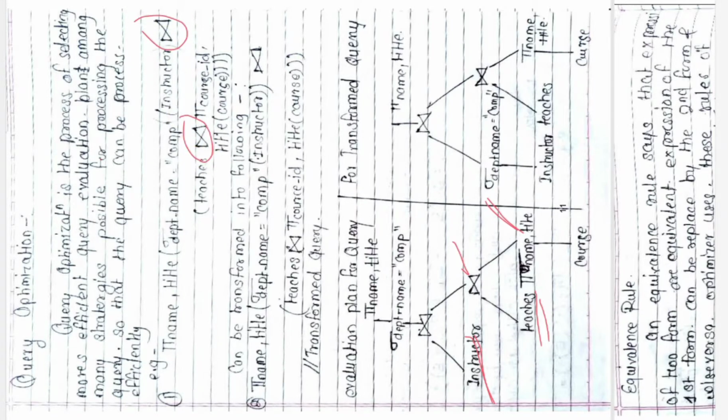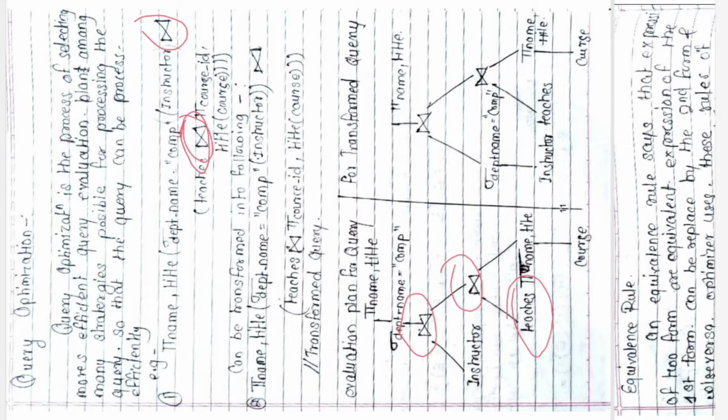So here also you can see I am having two joins. The first join is this and second join is this. The first join is between instructor and the another part, that is nothing but this particular part. So you can see here this particular part, okay. And then the second is nothing but this second join is between